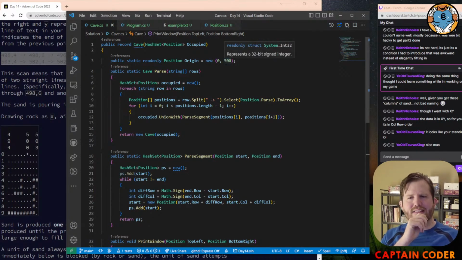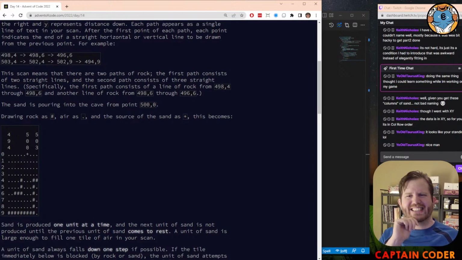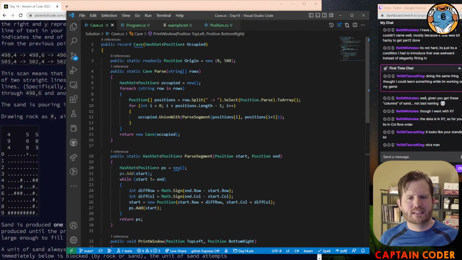Let's think about this. What was I gonna do? All right, so the sand's gonna come in and it just follows until it can't fall anymore or is in the abyss. Falls off the edge into nothingness. So